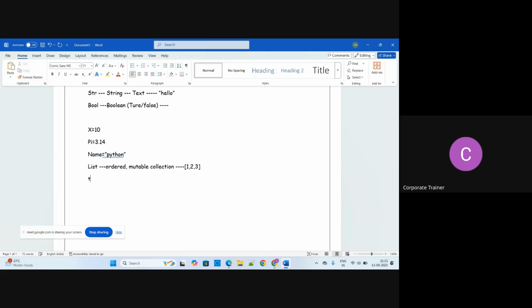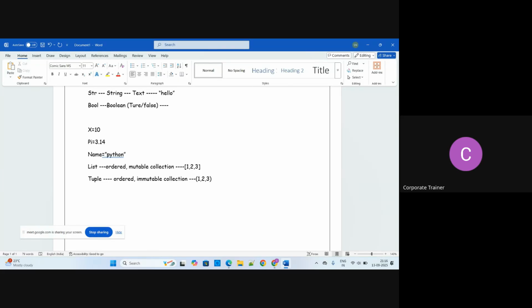Tuple is an ordered and immutable collection. So in this kind of case, you can simply define it using tuple. You can define it in round brackets like 1, 2, and 3.